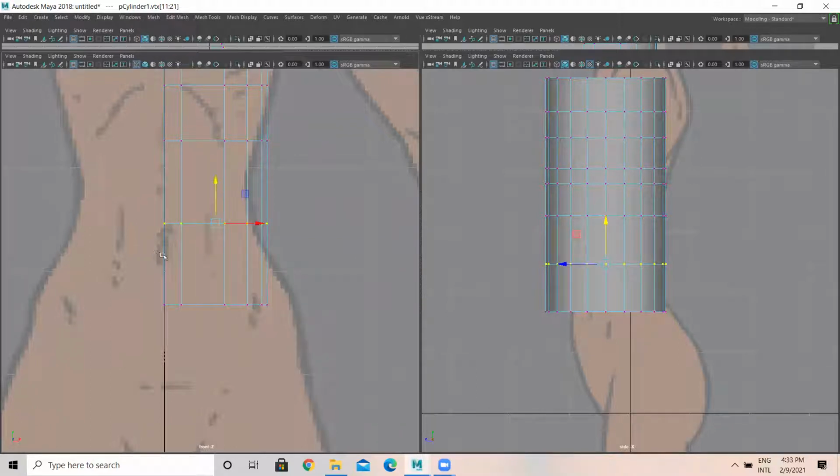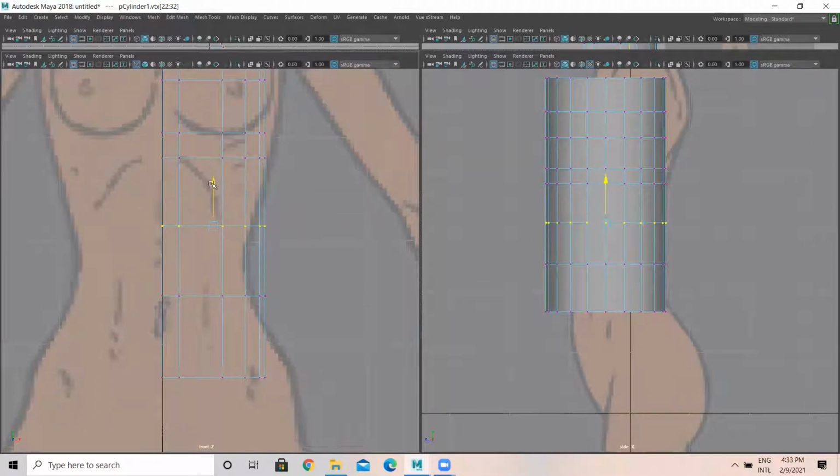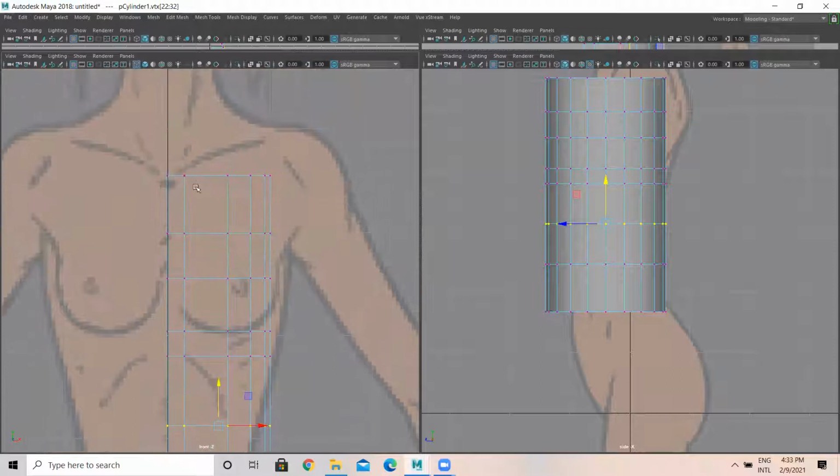Here this belly button is there, no? Just below the belly button you can place this here. Okay. Then after this, select this, place it like this.